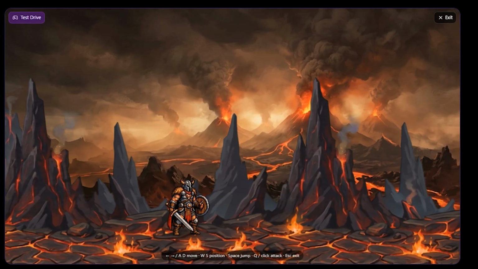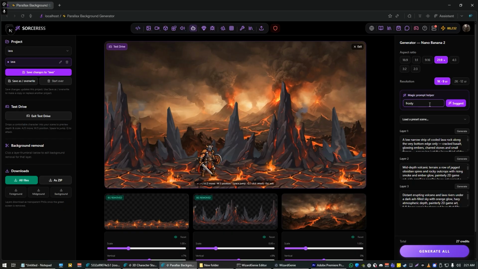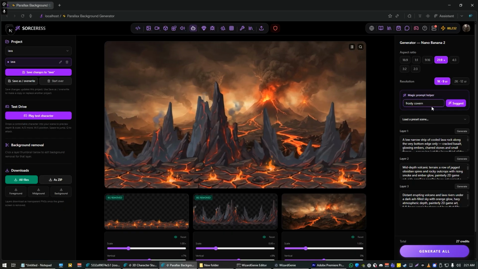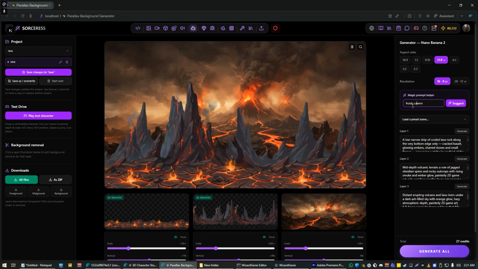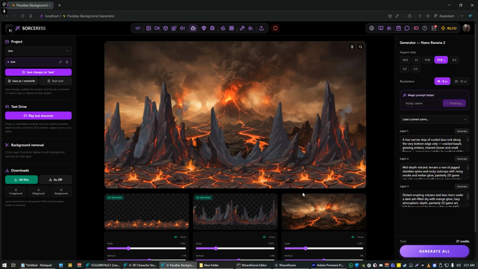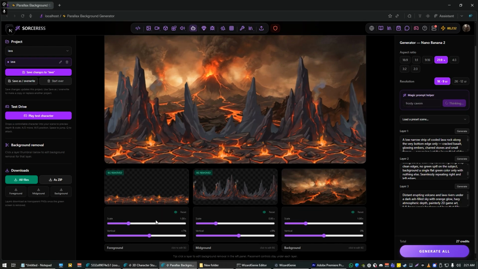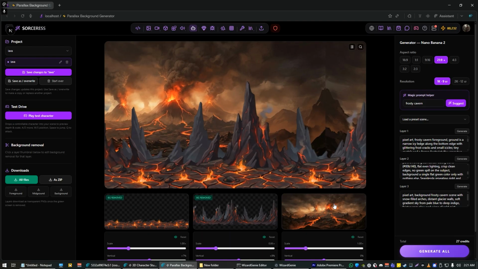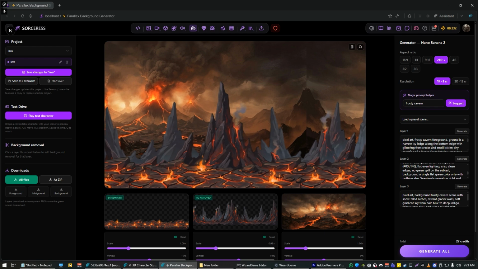Let's go with something like a frosty cavern. And what we can actually do here is we can get the magic prompt helper to suggest all of the layers for the different sections. So we got the foreground, midground, and background layers,